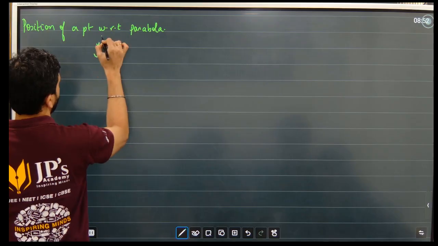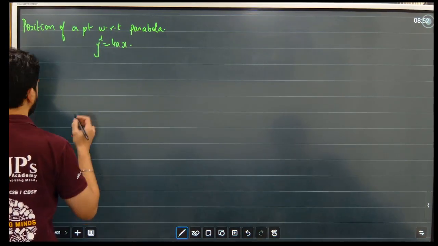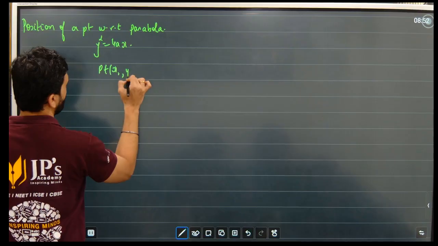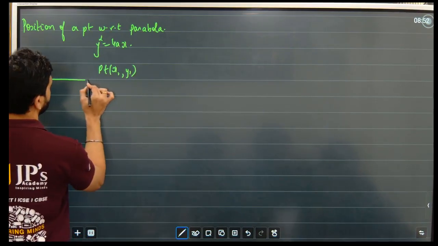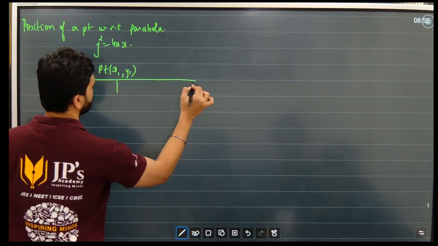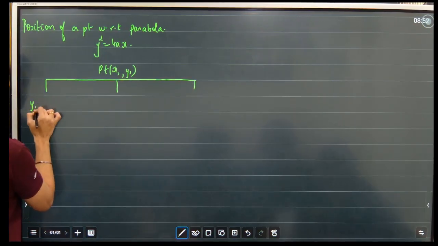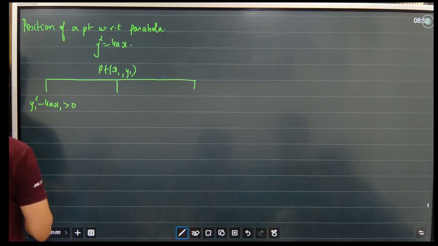Now imagine the parabola is a standard parabola, that is y square is equal to 4ax, and we take the point as (x1, y1). So if y1 square minus 4ax1 is greater than 0,